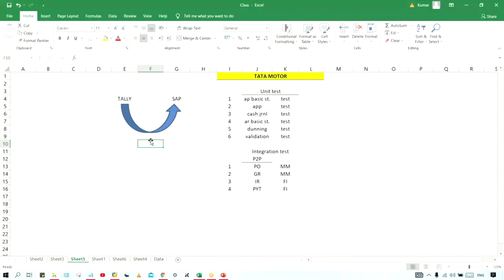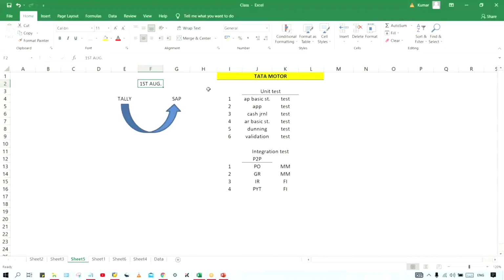So generally it is going to be started, like let's suppose the go live date is announced. Let's suppose 1st of August. So just a few days back, might be 3-4 days back, this cutover activity will be started. Generally 3-4 days it is going to take, guys. So 3-4 days back, these cutover activities are going to be started.